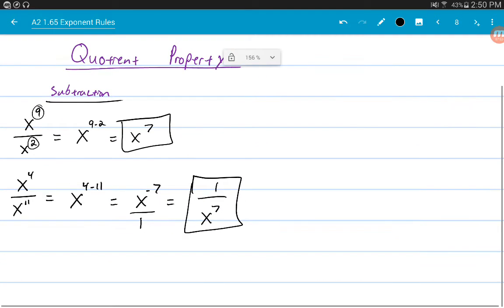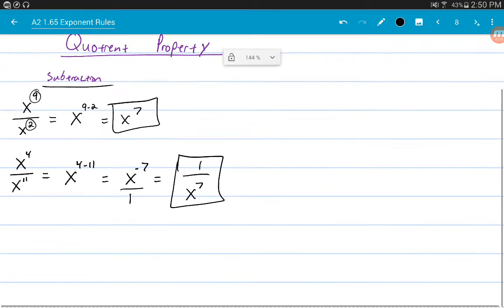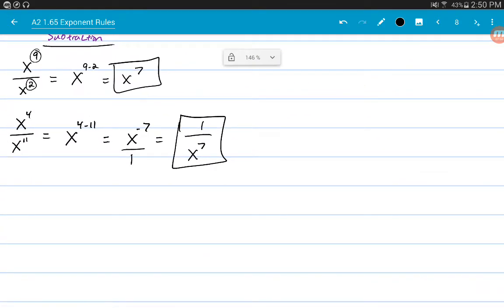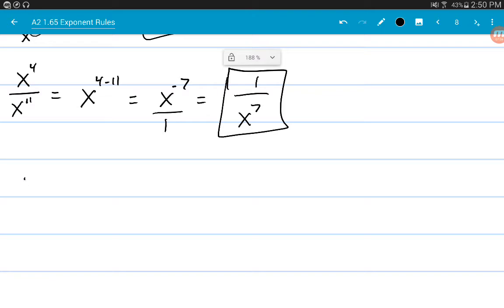Now this only gets complicated when you have a lot of things going on. So let me give you an example that's got a little bit more. So if I had 2 over 4, I had an x to the 4th on top and an x to the 2 on bottom. I've got a y to the negative 3rd on top and a y to the 6th on bottom. Now if I wanted to do this example,